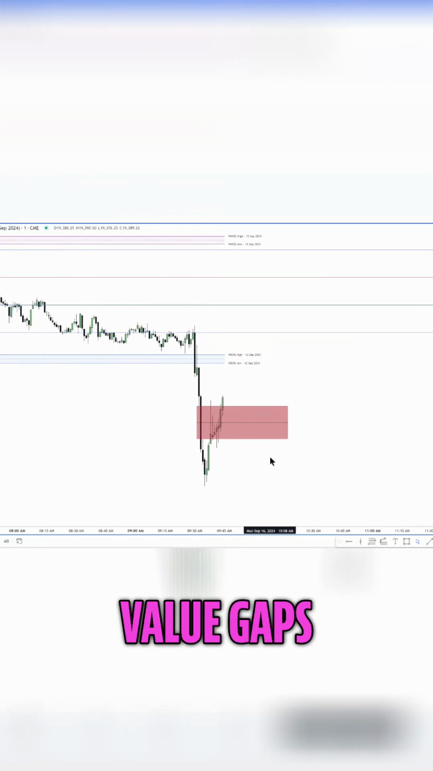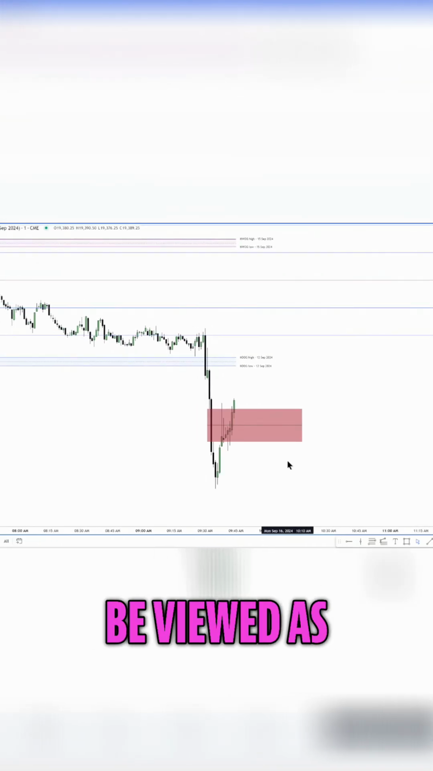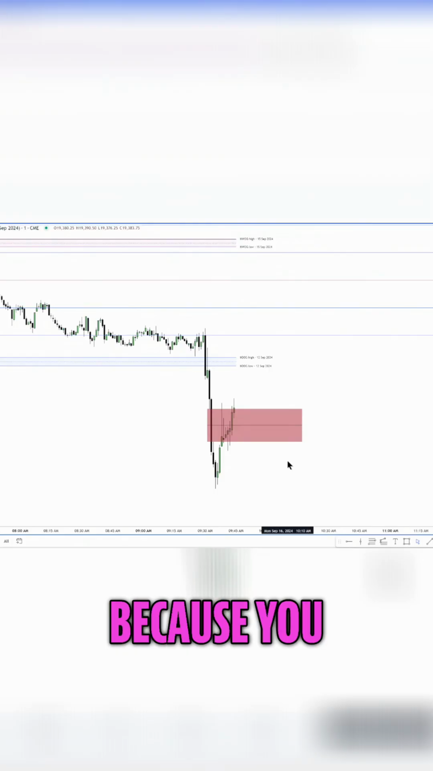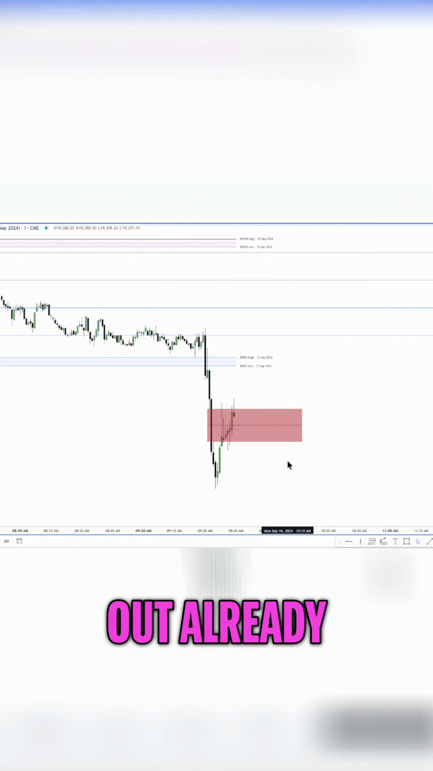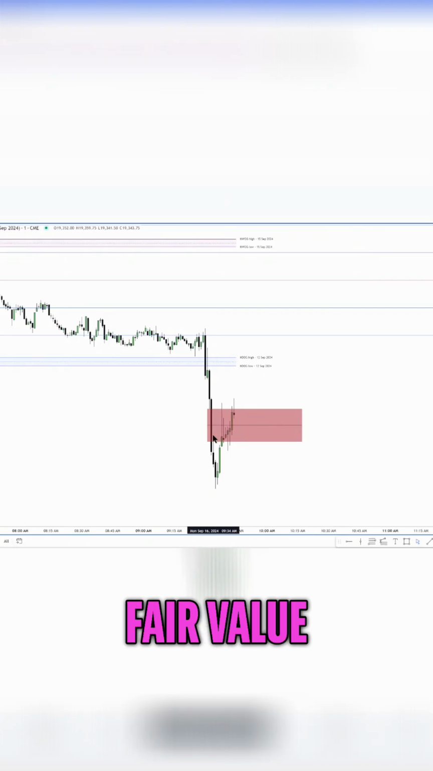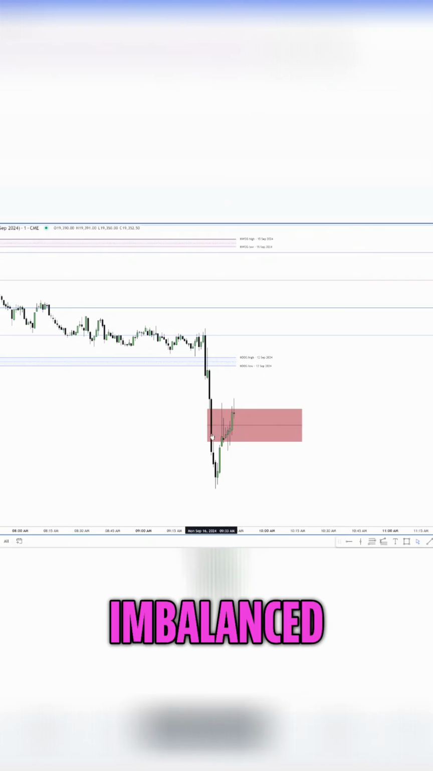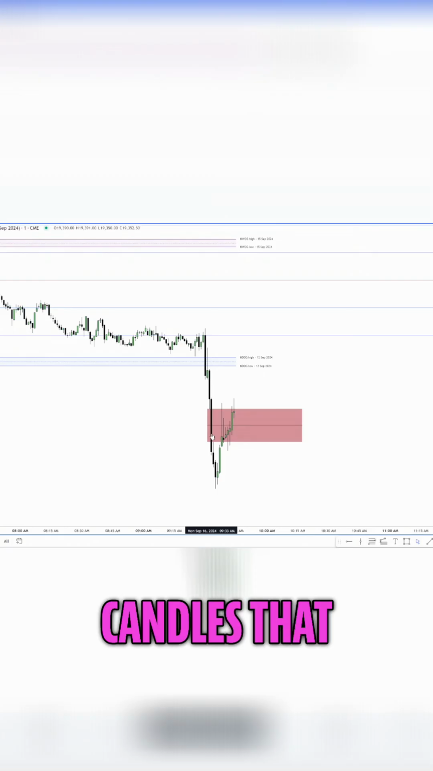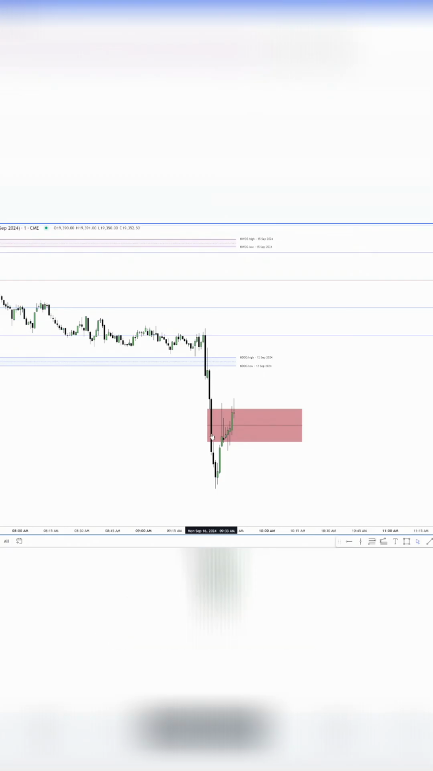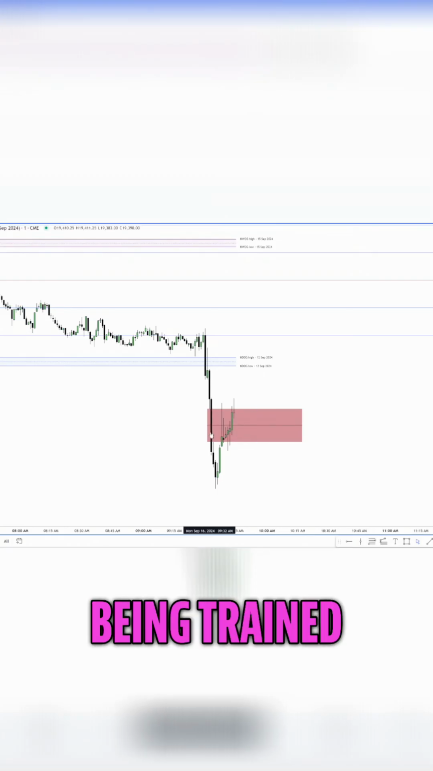Okay. So right away, we're talking about how to look for fair value gaps that shouldn't be viewed as a shorting opportunity because you would have been stopped or very close to being stopped out already. Because the rules are whatever the fair value gap is that has the imbalance candle, there's always three. Okay. There's three candles that make a fair value gap. Your eye is being trained, Caleb,